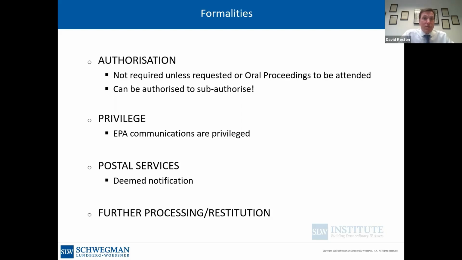Authorization can be sought directly from the client or indeed from a currently authorized party who themselves has the right to sub-authorize, and that can be present or not present in any authorization. So there's forms that can be done for that, but this is a little bit different from the US. Similar to the US,